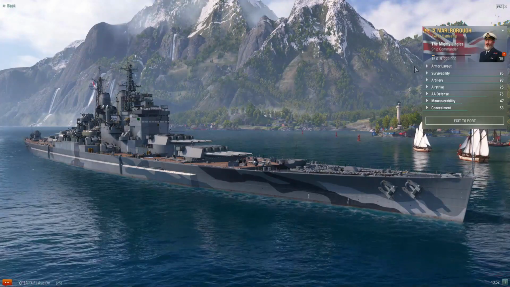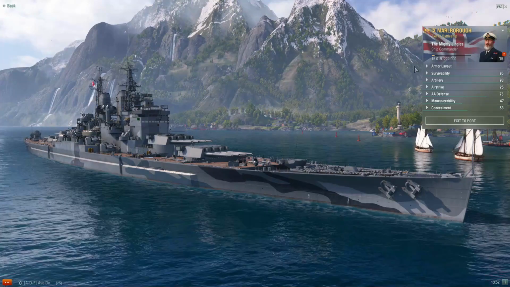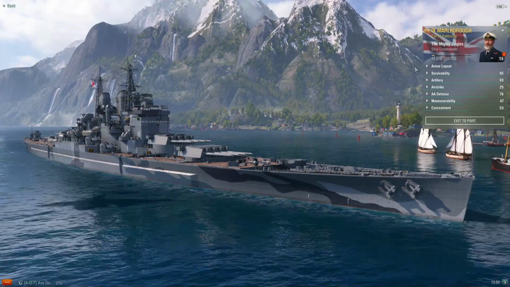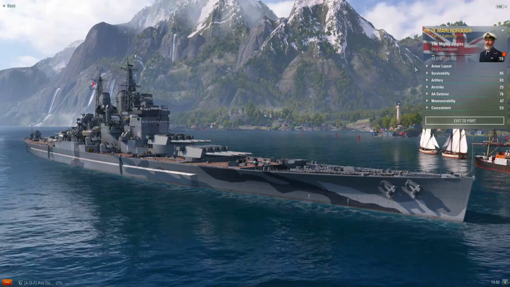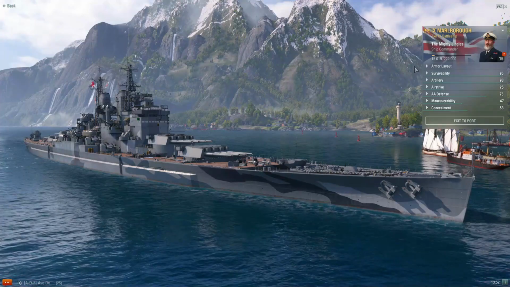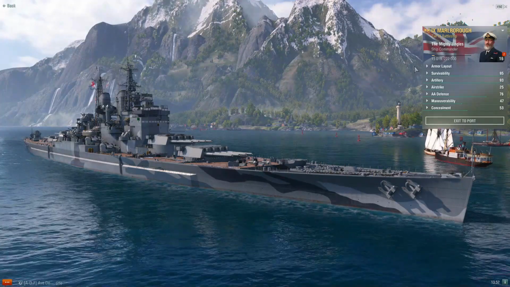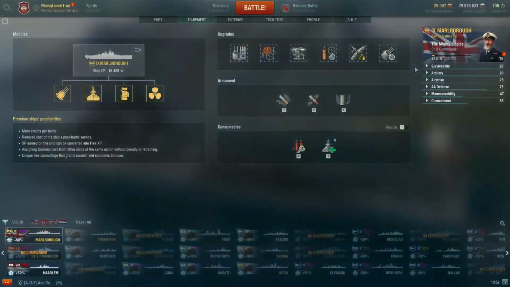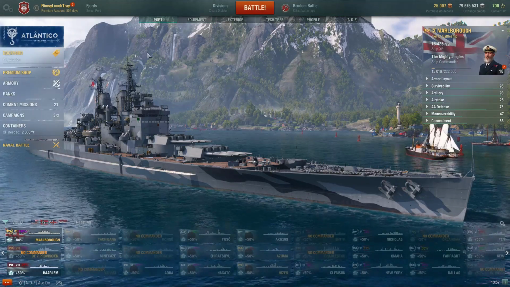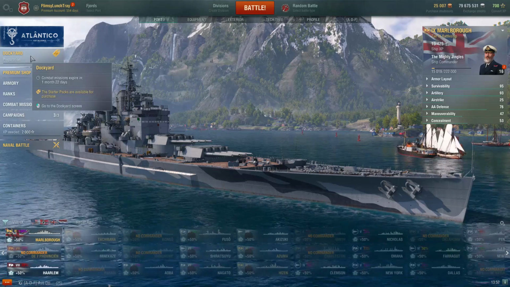Today we're going to be talking about the new Dockyard Event that just came with update 11.3, which is the Tier 8 Pan-American battleship, the Atlántico. So here you can see the Tier 9 Marlborough. It was the event ship for the last dockyard we had. But we're going to dive into looking at the dockyard and see a little bit more about what this ship